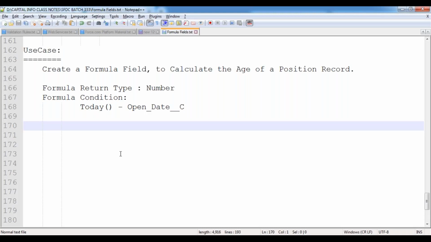I think he wants to know why you didn't choose the data type date, and why you chose a number. Because here we can't use the date. Here I'm giving today's date minus the position open date. That means I want to know how many days are over as of now. I'm not representing the date, because a date has to indicate the month, the date and the year. So I don't want the date format.